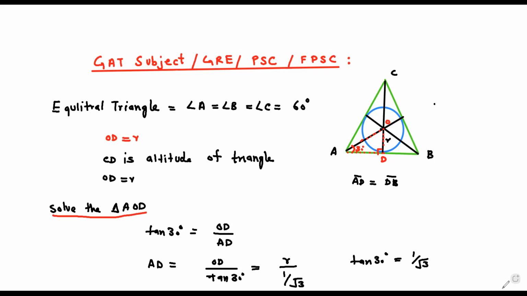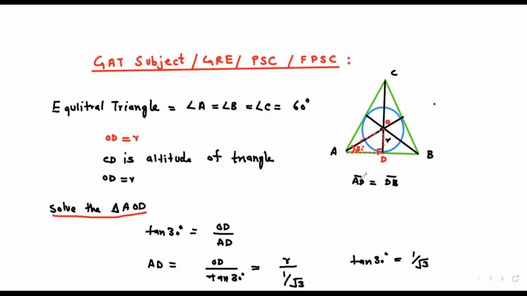So the value of AD is equal to square root of 3 R. Okay, it means that we have found the value of AD. So now the next step: we have the value of AD equal to square root of 3R. So if AD is equal to R square root of 3, it means that AB is equal to